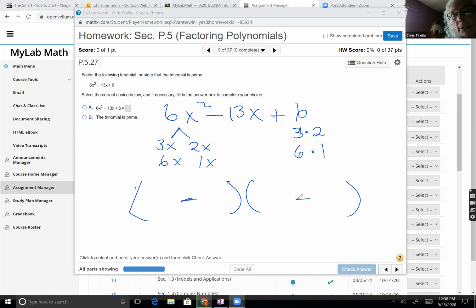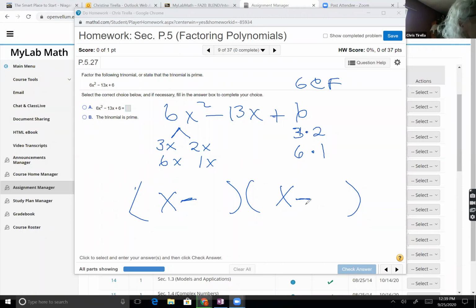And I messed up. First thing I should have said to myself was, is there anything in common? And so I apologize. And so we'll go back up here to the beginning of the list. 13's prime. And so the only thing common between 13 and 6, the only thing common between all of those terms is 1. So that doesn't help me. Because the x squared is in the first term, I'm going to put x's here. And I'm going to put my constants in the back. And so is everybody comfortable with all of those executive decisions so far?